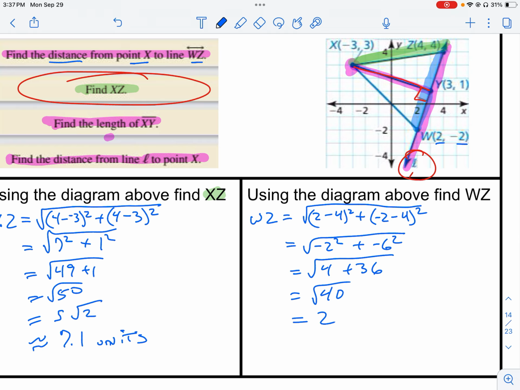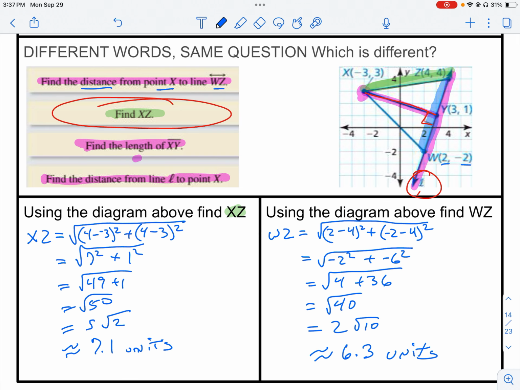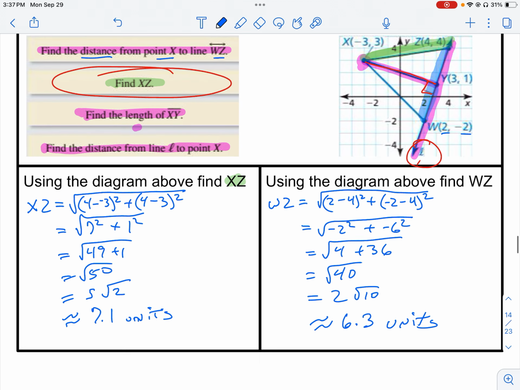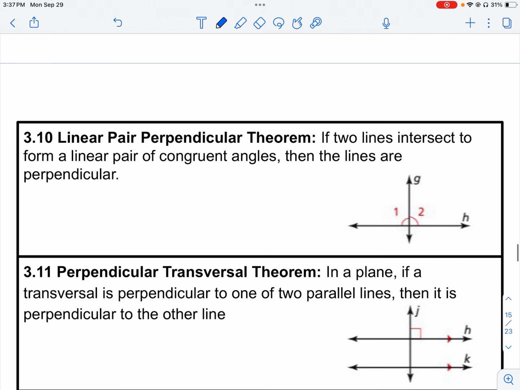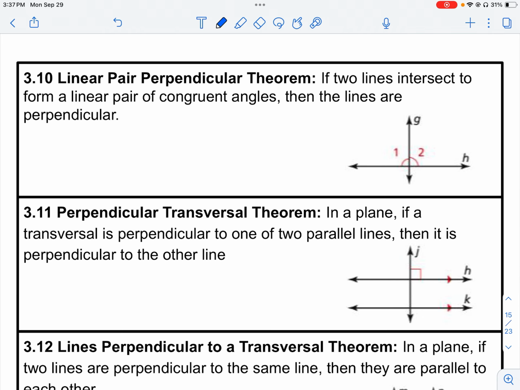That's going to reduce down to 2 radical 10, or about 6.3 units. Same distance formula we've done before. And we always measure from a point to a line at the perpendicular. Which brings us to our linear pair perpendicular theorem, which tells us if two lines intersect to form a linear pair,